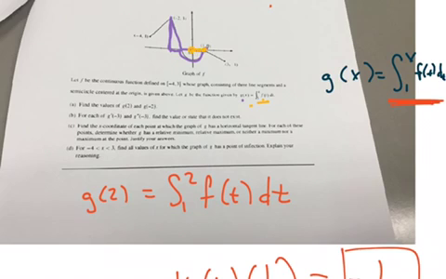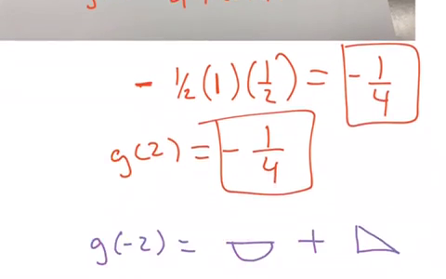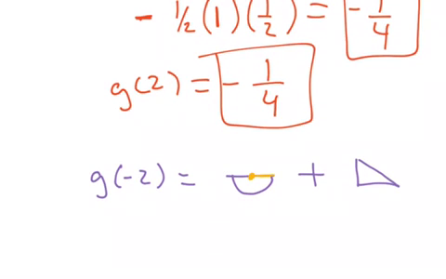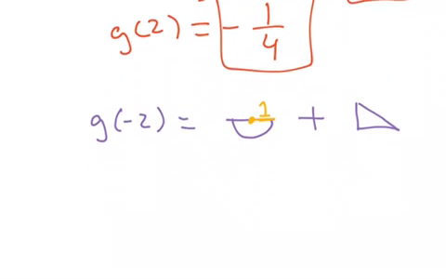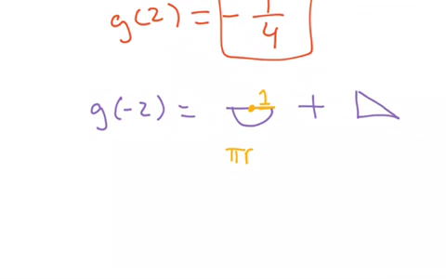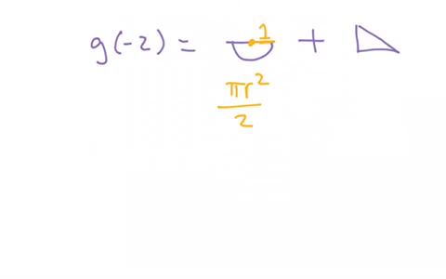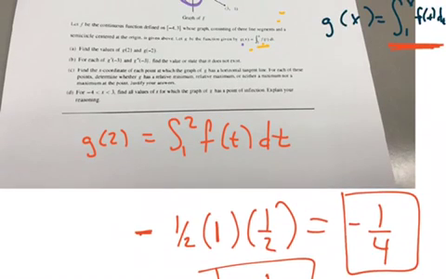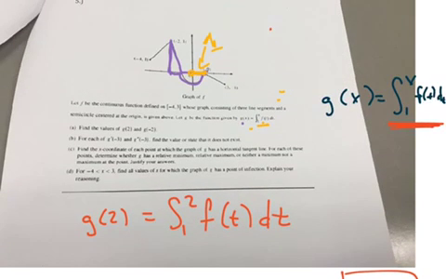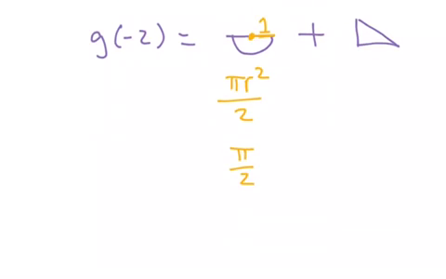So the semicircle, if we look at this from here to here, that distance is 1. So that means my radius in this picture is 1. The area of a circle is pi r squared, and if I have half, it's divided by 2. With a radius of 1, I now have pi over 2. Now keep in mind, is this pi over 2 above or below? Clearly this semicircle is below, so it's negative. And we're going to add the triangle,